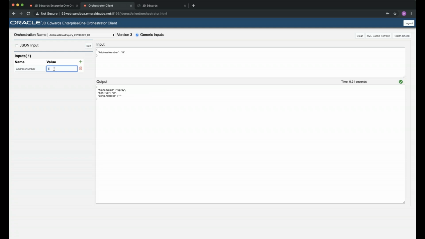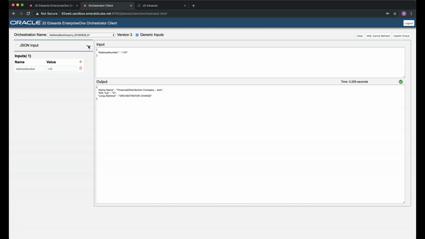Another thing that we can do, because the address number field is of course a QBE line, is we can use operators like less than, greater than, equal to. So if I want to go less than 10, that should pass right through. Because we decided to only grab one record, it will grab the first record from the list. Even though I did less than 10 and there are multiple records there, it's only going to give me that first record back, because we only selected that first record.